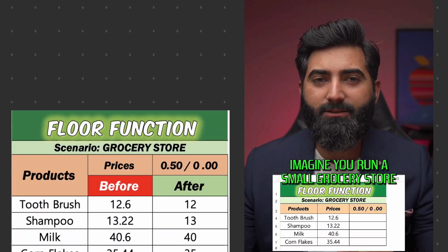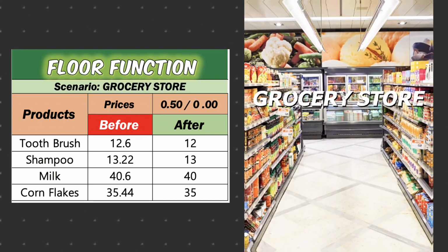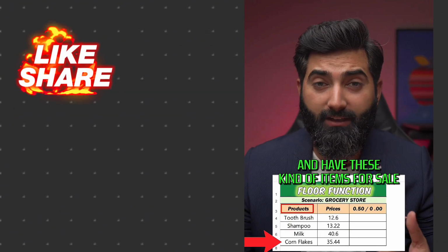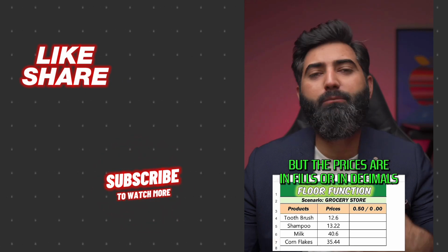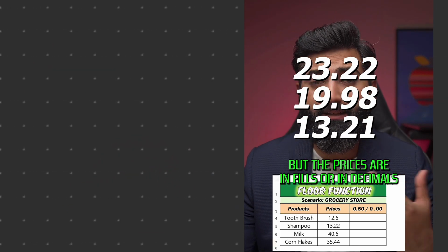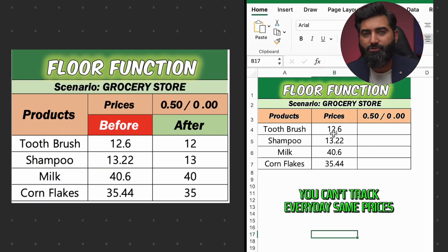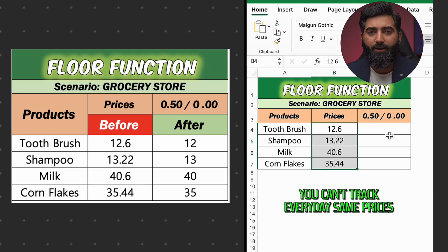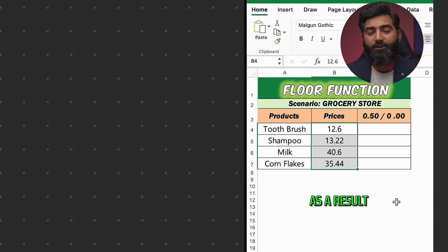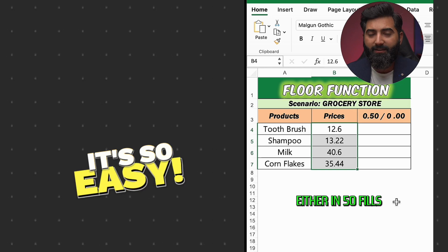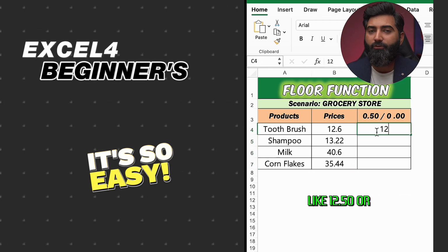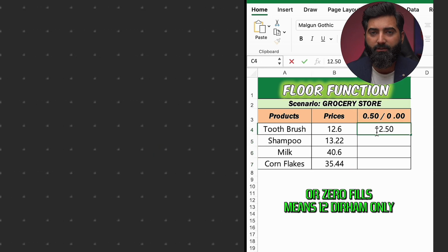Imagine you run a small grocery store in the UAE and have these kinds of items for sale. You shop regularly, but the prices are in fills or in decimals, making it very tough to keep track of. You can't track the same prices every day with the decimals. As a result, you like to set the prices either in 50 fills, like 12.50, or 0 fills, meaning 12